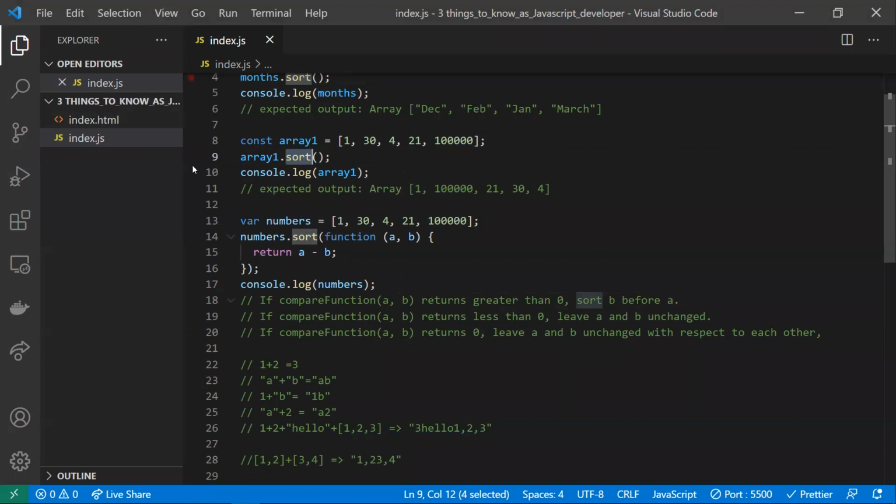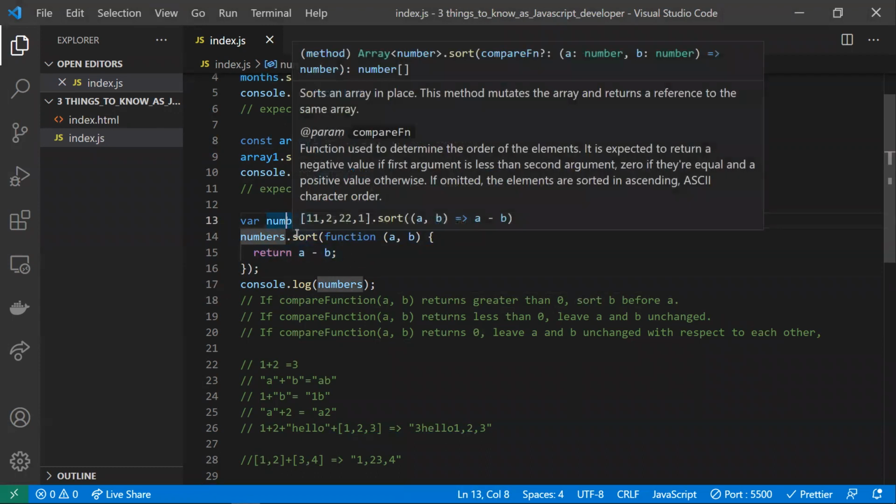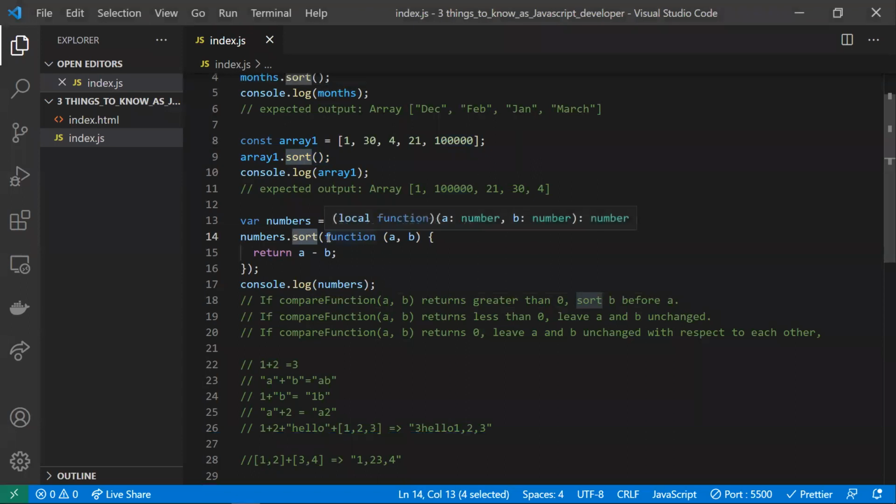In order to use the sort function for numbers, you need to use this approach. Take the array and call sort, and write a function inside the sort function in which you return a minus b.